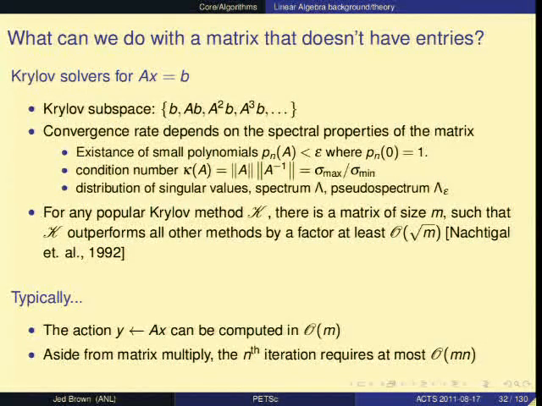So as an example of what we're looking for, GMRES. GMRES convergence is dependent on existence of these polynomials that are small on the spectrum. But there are other methods that depend on singular values and on other structure in the spectrum of the matrix. If you have some tightly clustered eigenvalues, then you often have a method that performs well in the sense that it'll converge quickly.